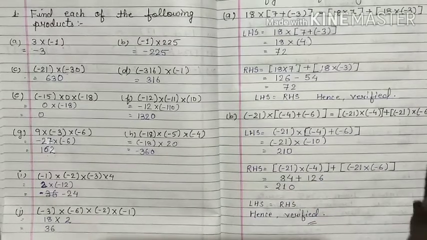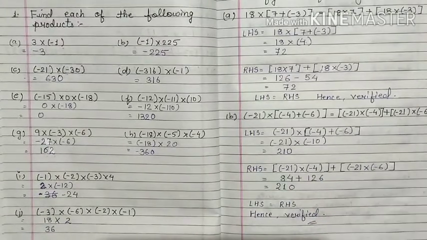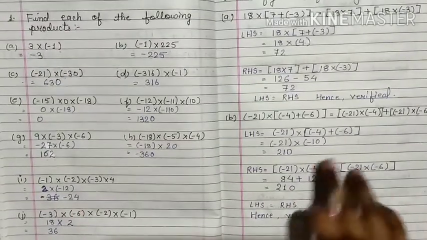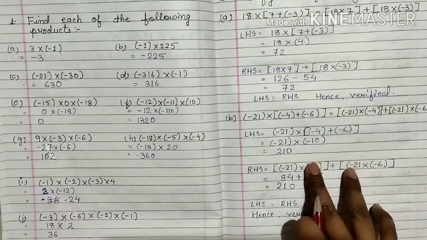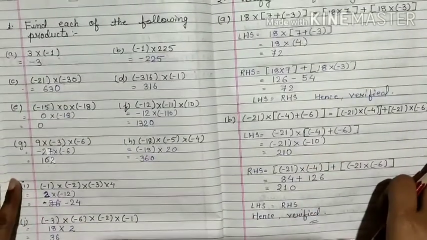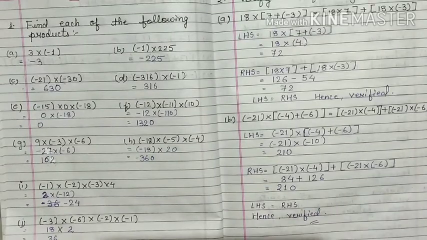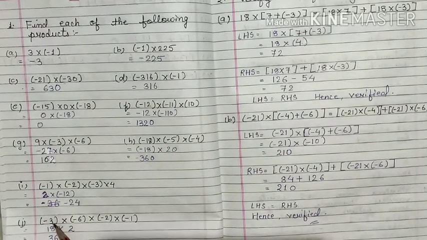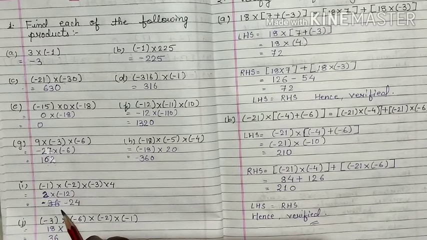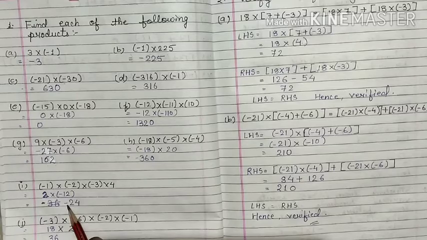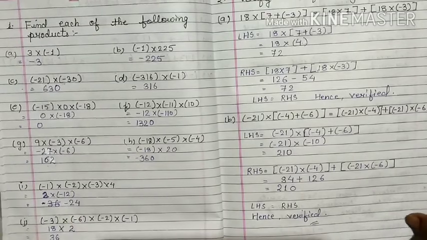We can do I and H also like this: we have to multiply and count the sign. Count the negative signs and check whether the count is even or odd. When it is odd, we put the minus sign, and when it is even, we don't put a negative sign.